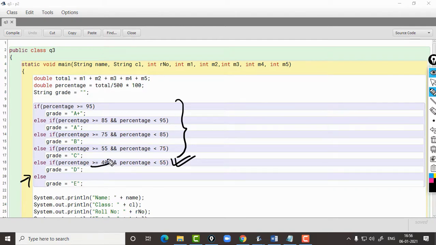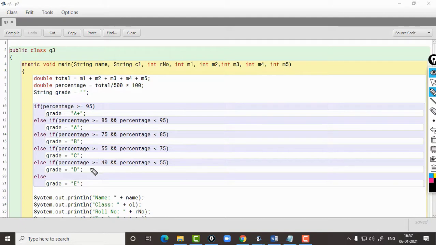Percentage should be greater or equal to 40 and percentage should be less than 55. So, obviously, the percentage is below 40. The percentage is below 40, that is why this condition became false. That is the reason why I do not need to recheck. The percentage should be less than 40 here.